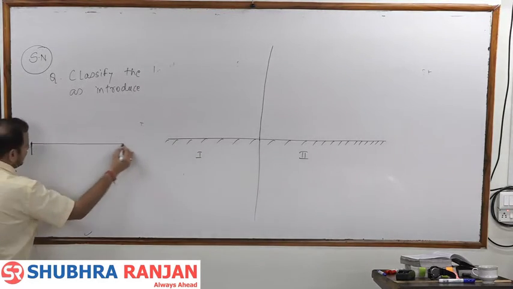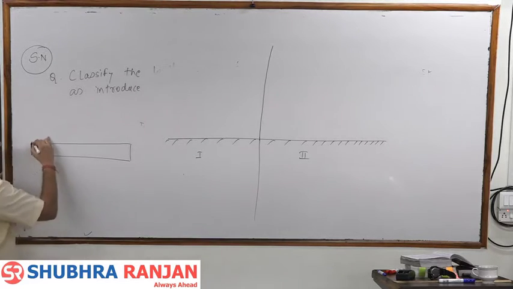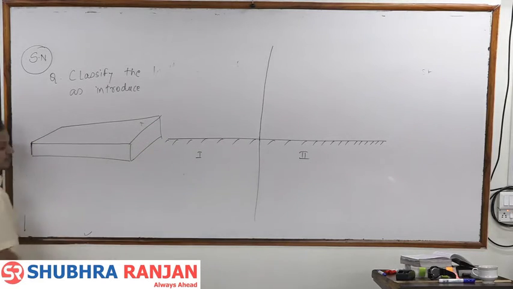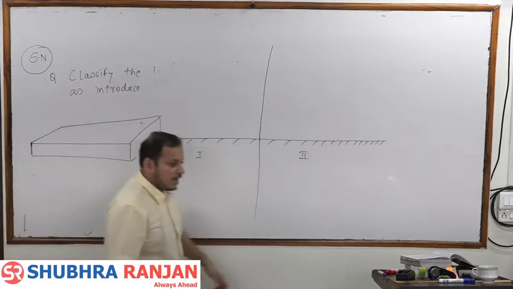So the Great Plain of India is a second order relief feature, but what is it formed by? Due to exogenetic agents. Now suppose this is the Great Plains of India, fine, and in the Great Plains